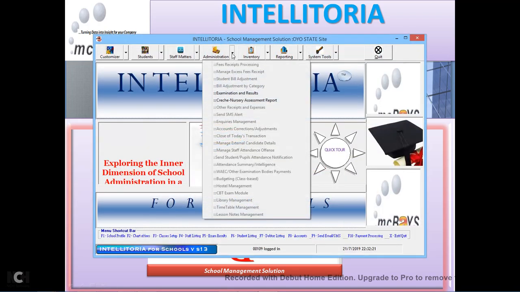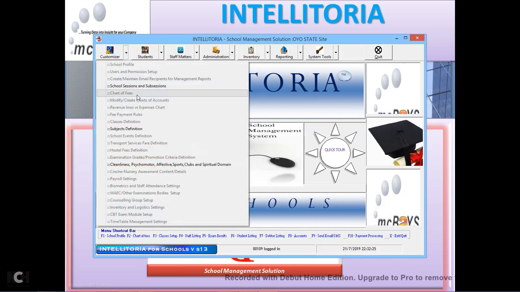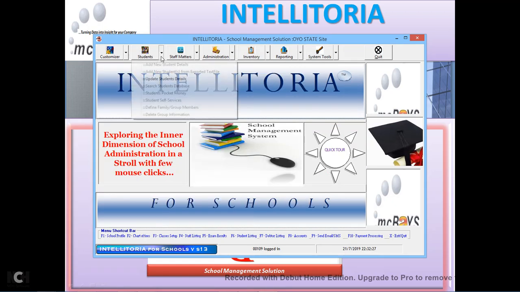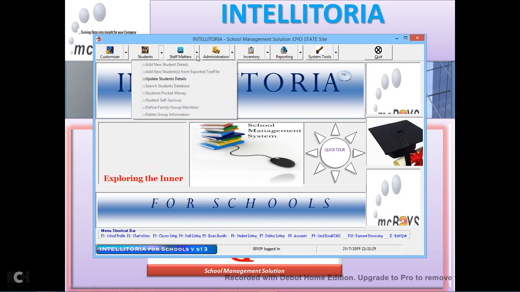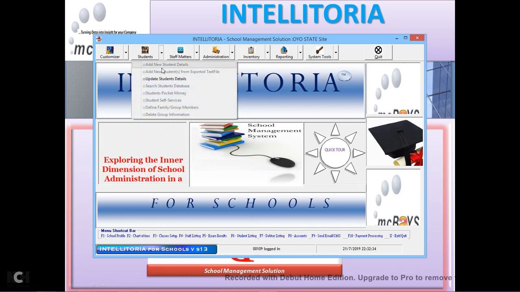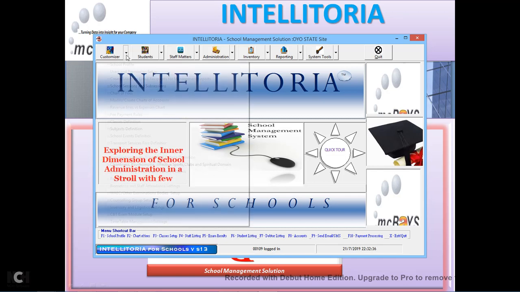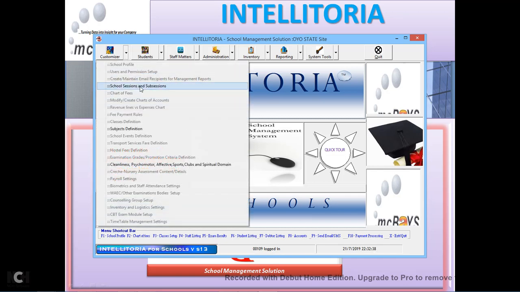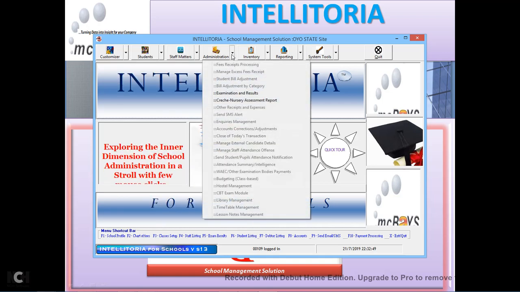So the software has been launched. The staff, as a class teacher or subject teacher, is only able to do a few things in the software. He is not able to add new staff. He is able to update the student details, as we can see. He is able to look at the school sessions and subsessions, subject definition, cleanliness, psychomotor, all those things that relate with exams and result processing. And finally,